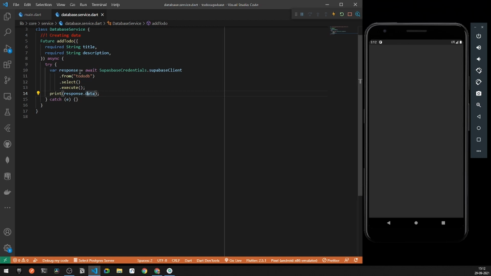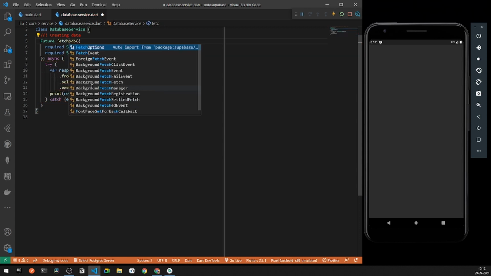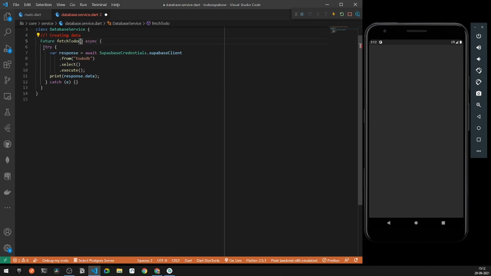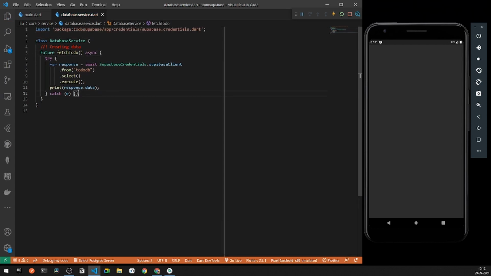But you know what, we have to add some data, so instead of add data I can name this method fetch todo, because we have added a query for fetching todos. And for fetching todos, we don't require any sort of arguments, so I can simply remove them. So this should be it, and also I will be printing the error. So here I will simply write the method name as fetching data, and after fetching data, I will be getting a method for creating some data.